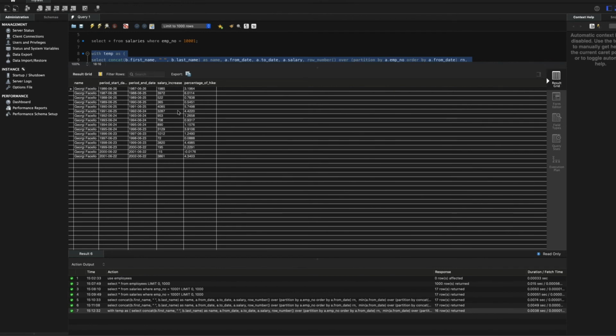see, this is very easy to understand, right? Basically, for Georgie, in the period of 1986 to 1987, his increase is close to $2,000, and the percentage of hike is 3%. The next year he got a 6% hike, and then it's very little, like 0.7. Maybe the company's performance or his performance might be bad. Then 0.5%, then 5.7, and so on. On average, he's getting around 3 to 4% hike.